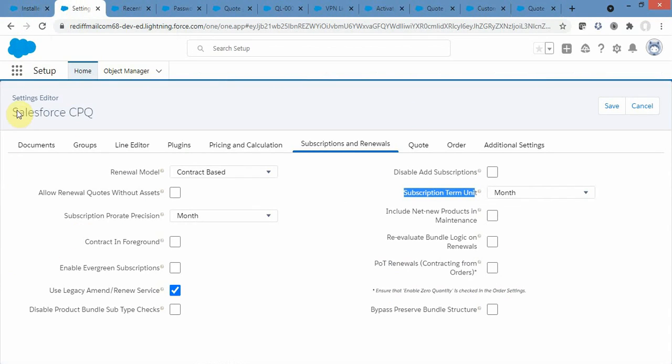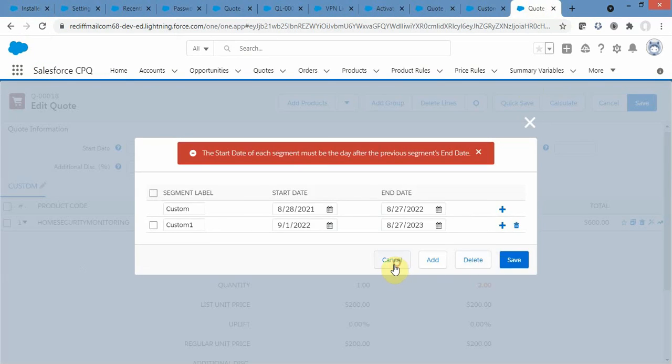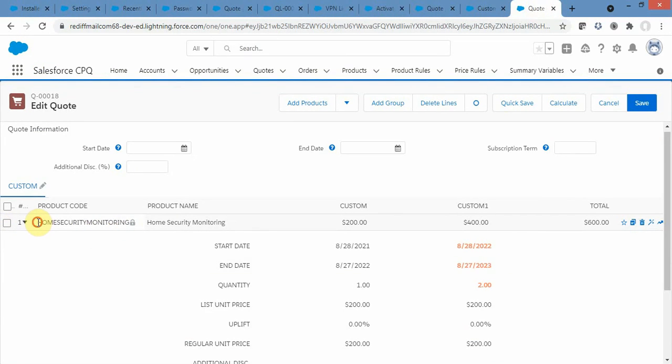If you go to the settings page, that is our configure page of Salesforce CPQ, here there is a tab called Pricing and Calculation. In the Pricing and Calculation tab, there is a field called Allow Non-Consecutive Segments. If you check that and click on save, once it is saved, then what you need to do is